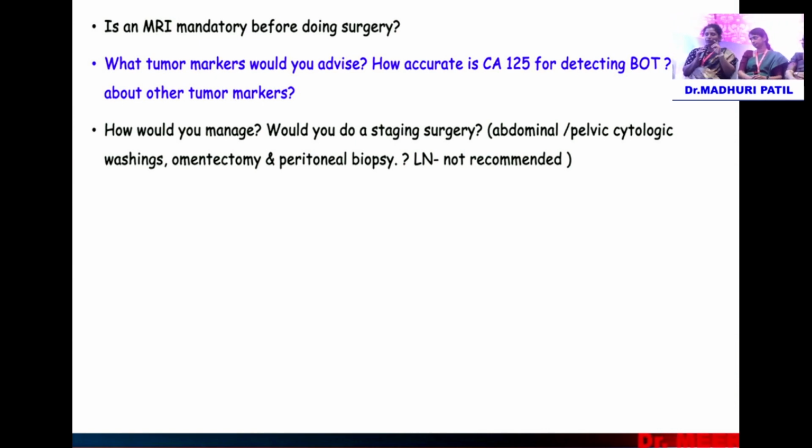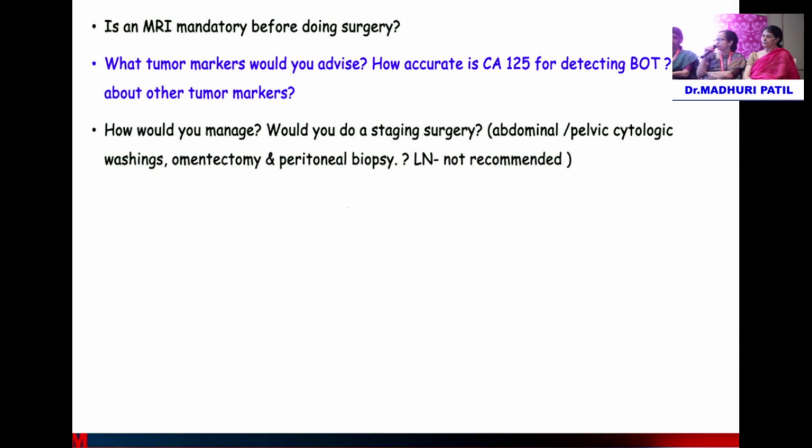then probably it didn't ring a bell. If there is a solid area, if there are multiple septae, which probably rings a bell, if there is some vascular change or Doppler changes, then maybe. It's very rare that a clear cyst will turn up malignant. So the answer would be, anything suspicious in ultrasound, you can confirm with an MRI if you think so. It's not mandatory. And what about the tumor markers?